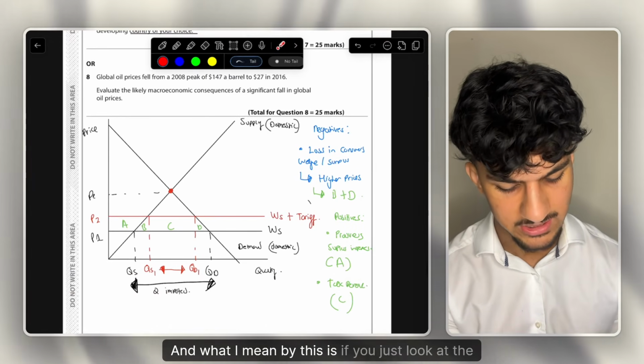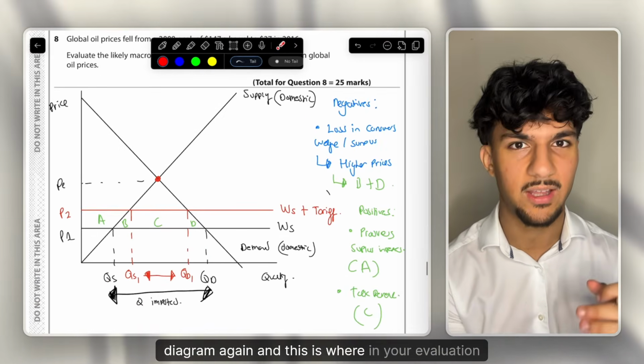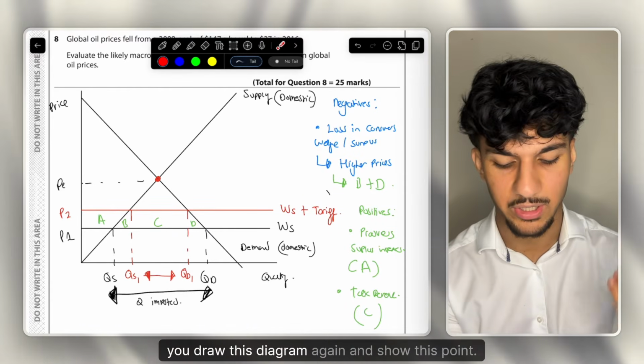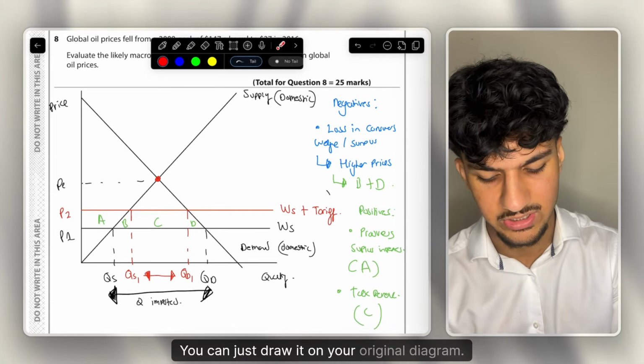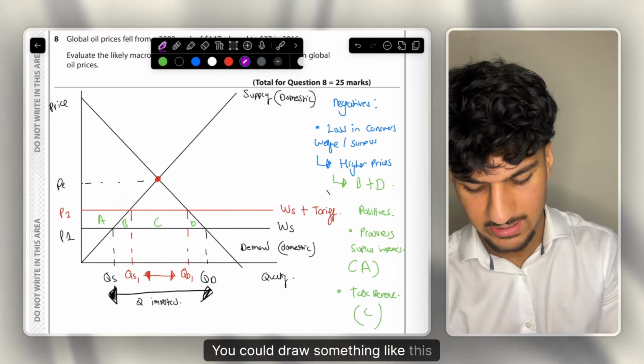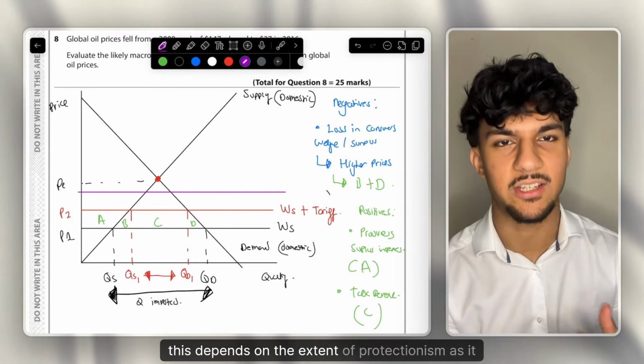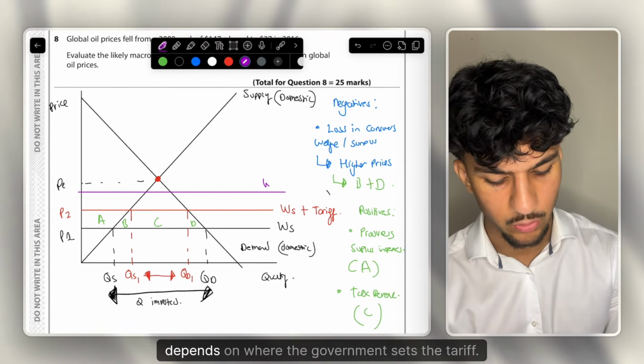And what I mean by this is, if you just look at the diagram again, this is where in your evaluation you can, for example, if you really want to, draw this diagram again and show this point. You could just draw it on your original diagram. You could draw something like this. And then your evaluation is, however, this depends on the extent of protectionism, as it depends on where the government